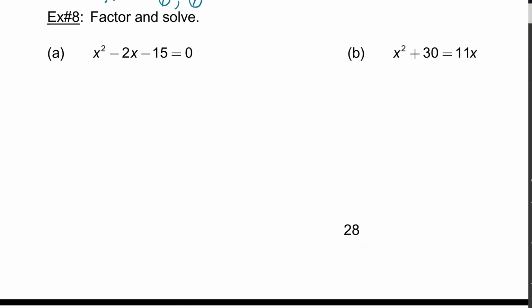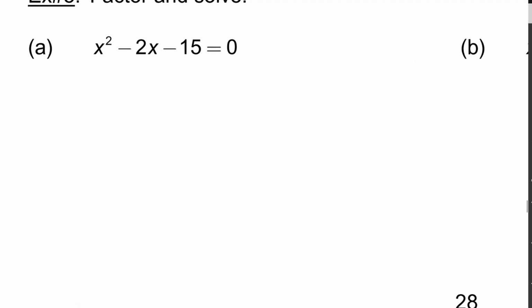So let's do A and B. Go ahead, factor and solve example A and B. Is there a greatest common factor? No. Is A a perfect square trinomial? It doesn't seem like we're going to get the same number. So we're just going to try to factor like normal. So what adds to negative 2